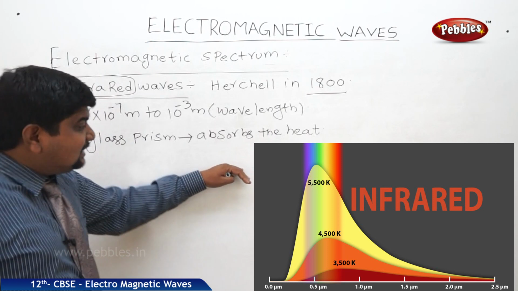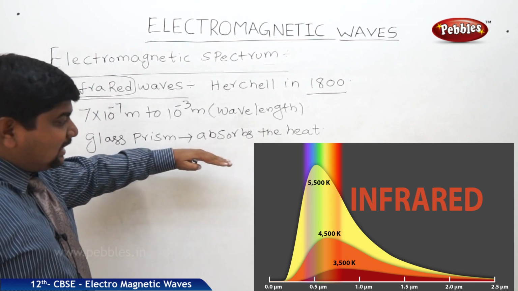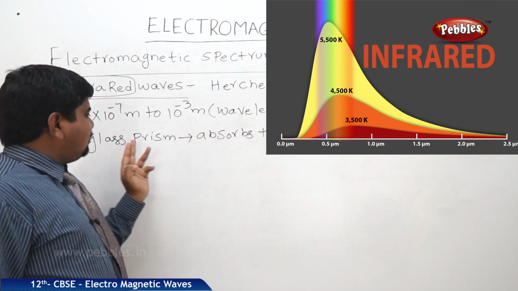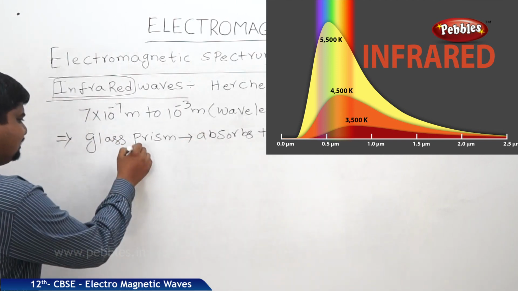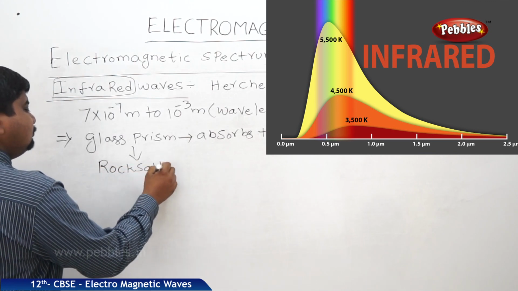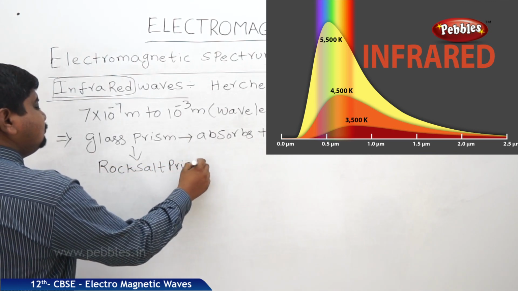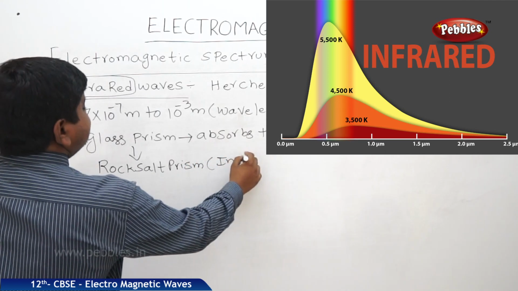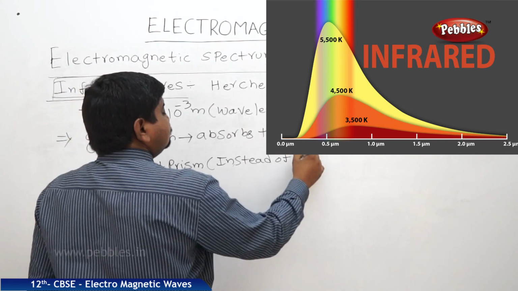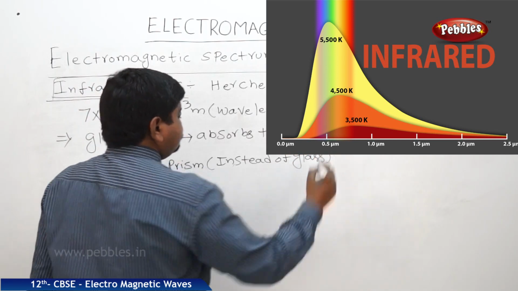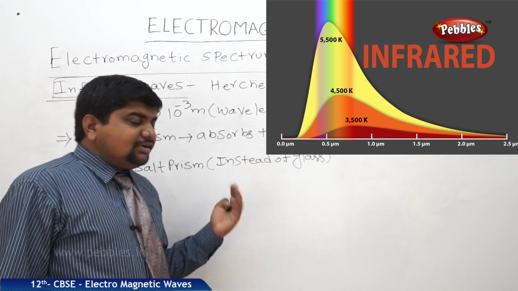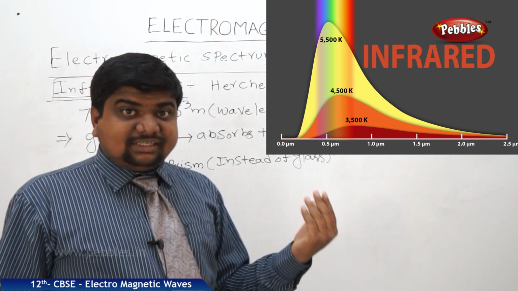Because of this point, if you want to analyze or see the analysis of the infrared waves, instead of a glass prism, it is much better to use a rock salt prism. Mainly because of the heating effect of these infrared waves, these waves are useful for doctors in the treatment of